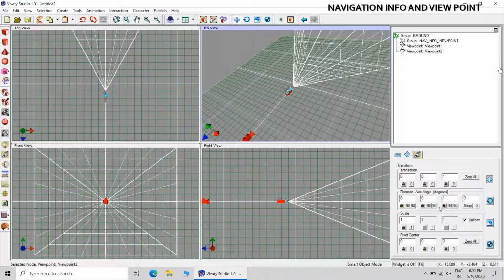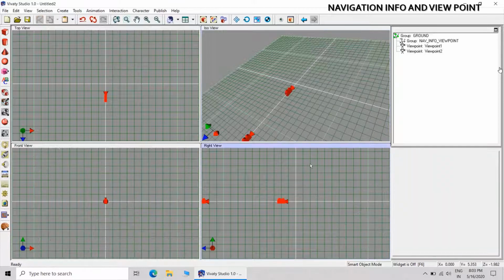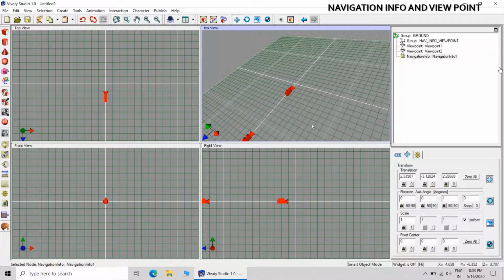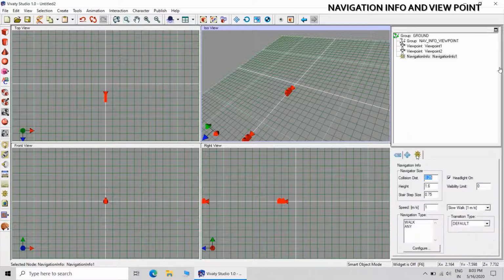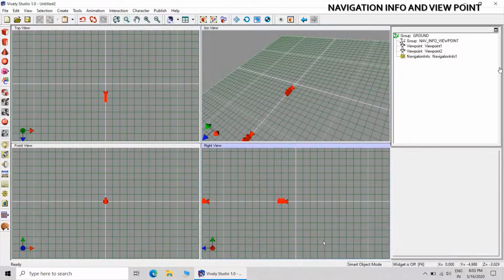The reason is that one will be within the proximity region of the proximity sensor and one will be outside the region of the proximity sensor. So two viewpoints are there, and then there will be navigation info. Bring this to absolute 000 position. In this step we have completed the creation of viewpoint and navigation info.